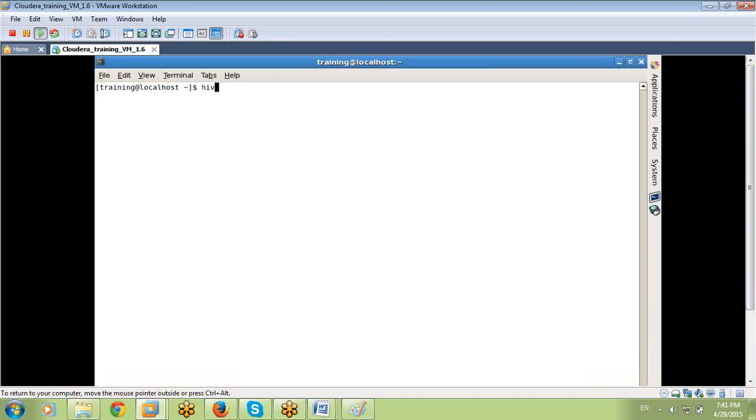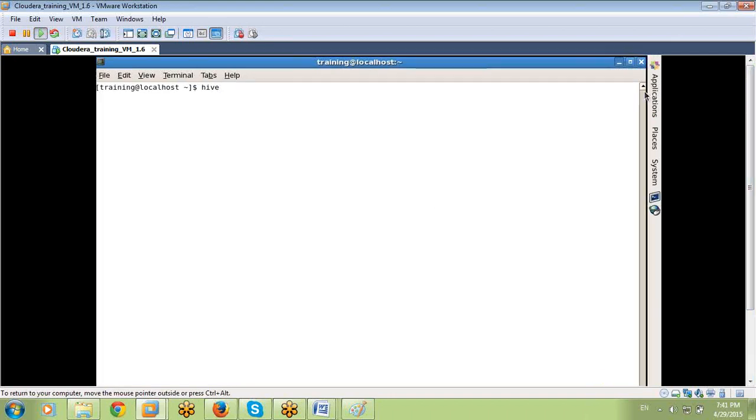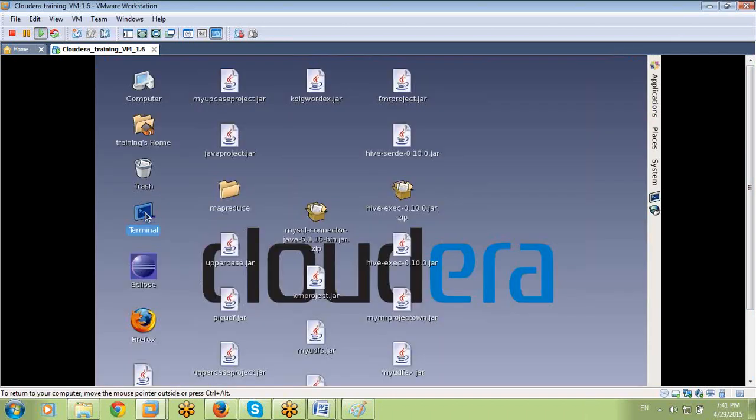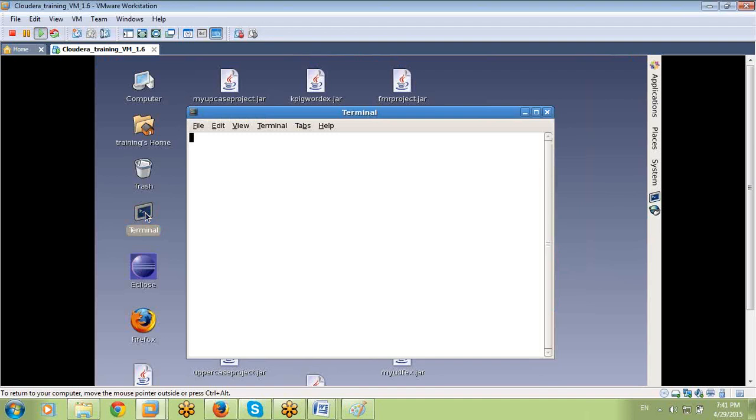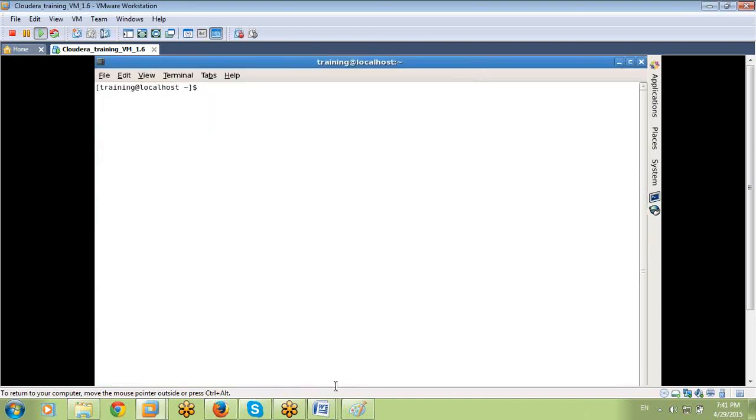First, I'm logging into Hive. In parallel, I want to create a file, because I want to practice. I want to create some data. How can I create the data? I already shared this documentation. Use this documentation, copy and paste it.